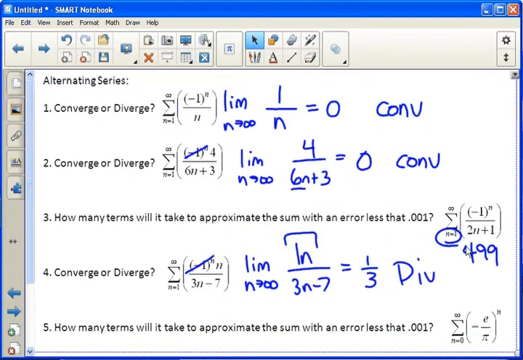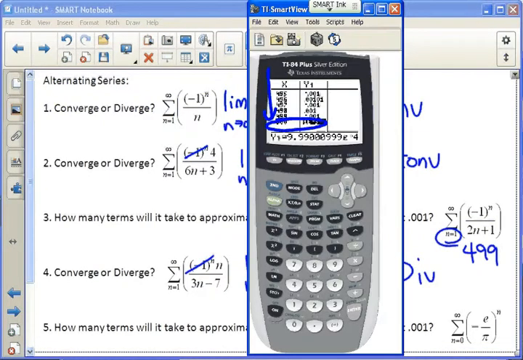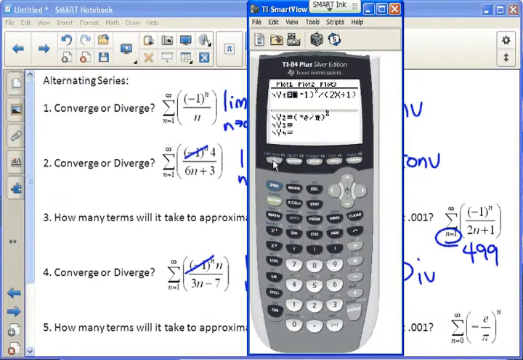Now let's look at this number 5, the second one like it. I actually already had this plugged in y2, so I'm just going to delete y1, and I'm going to highlight the equal sign, hit enter. That way it actually uses that function. Okay, so these are way too big. So let's back up and try 5, okay, 10,